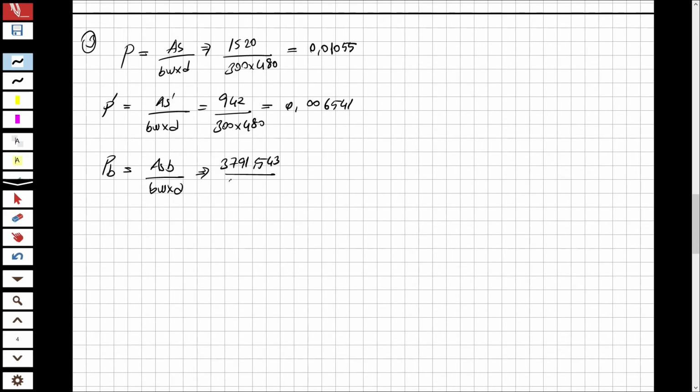3791.543 over BW, 300 multiplied 480, and this is also equal to 0.02633. So let's determine the row mean. When I determine the row mean, it is also equal to 0.8 multiplied by FCTD over FYD. And this is equal to 0.8 multiplied by 1.7, sorry, yeah, 1.7 multiplied by 365.22. And this is equal to